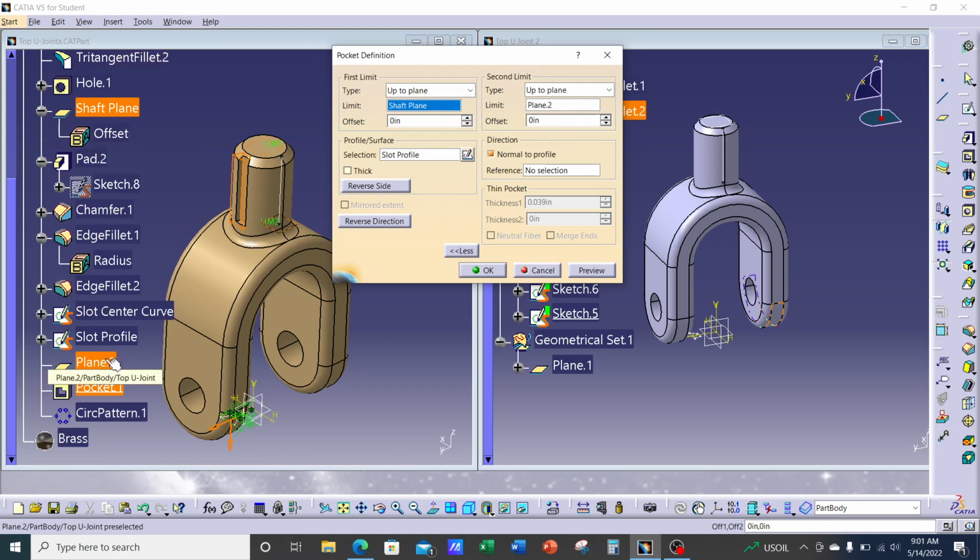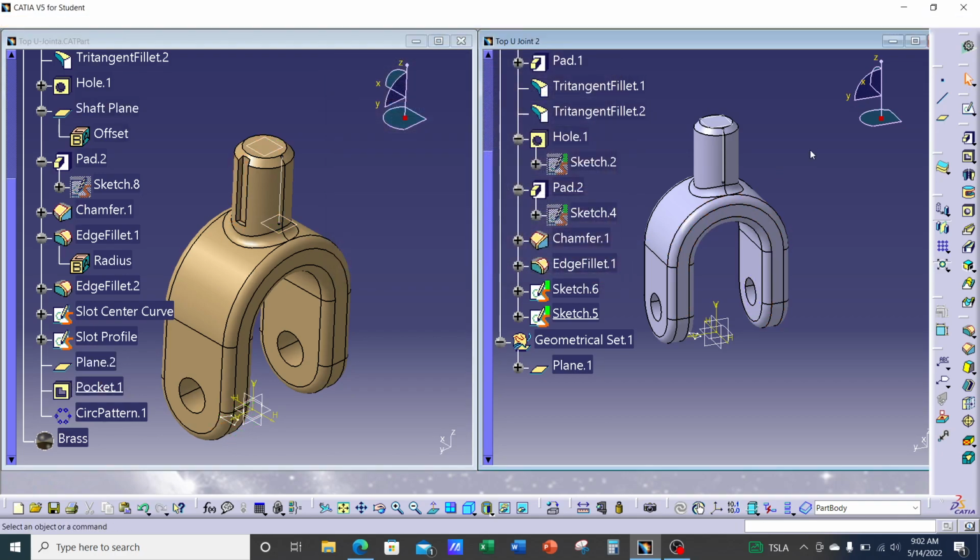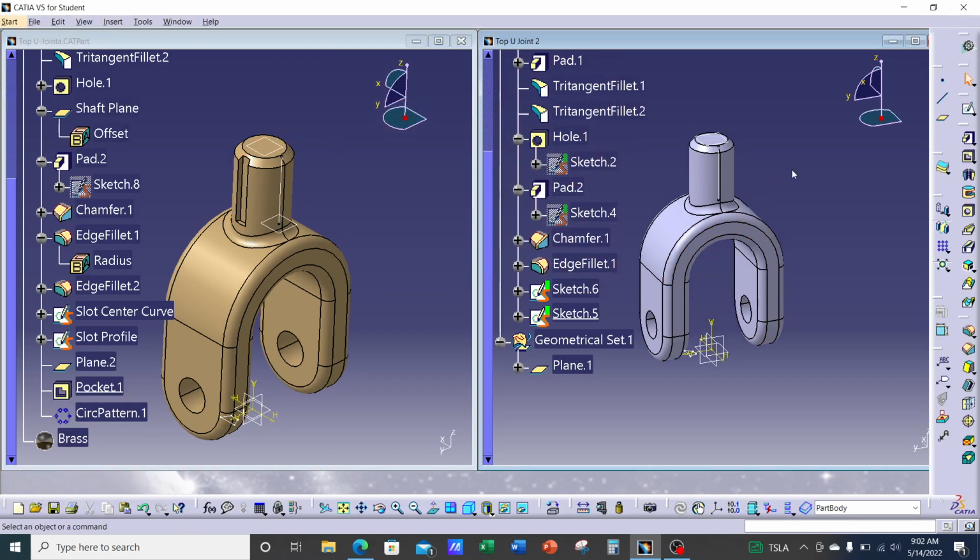Okay, so I'm actually missing plane number 2. I need to bring in a second plane, so let me do that first. Let me actually go back and label, because I did a poor job of labeling. So let me go to this plane,